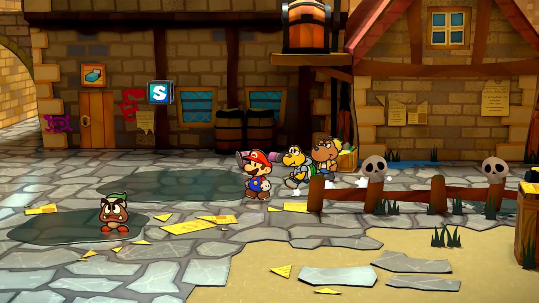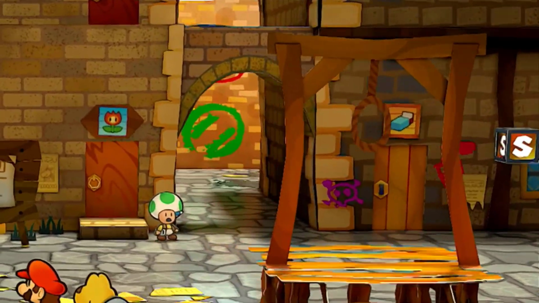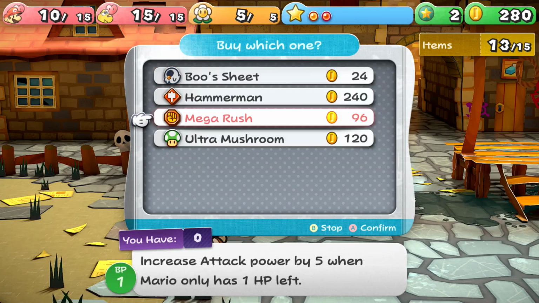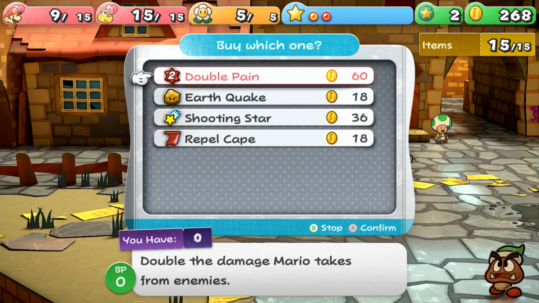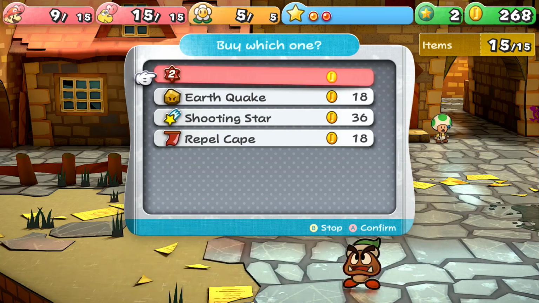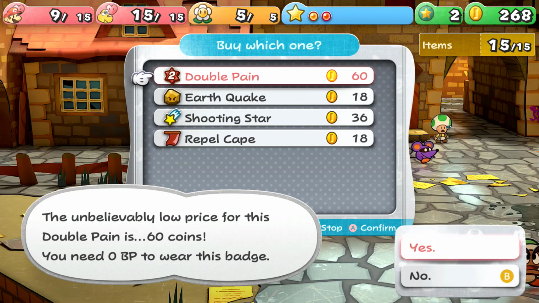Beating Chapter 1 makes Charlieton appear in Rogueport. He sells multiple useful badges, including the most important one for this challenge, Double Pain, which makes Mario take double damage. It's not tactically useful for this, but it's part of the challenge, though now Mario can actually use